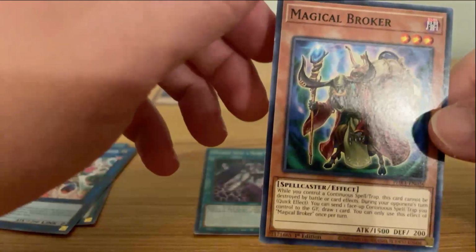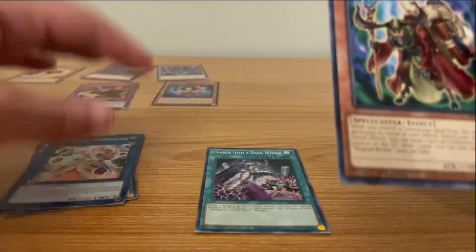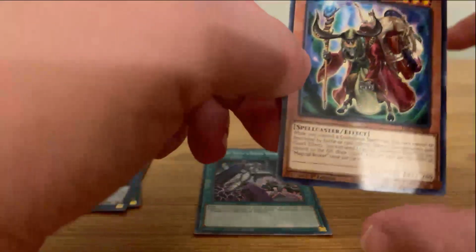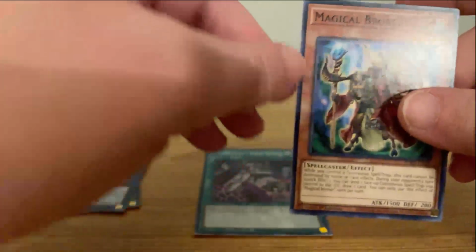This is far more useful than you might think. I'm going to put him in the useful pile, like the useful generics pile, because getting rid of continuous spells sometimes is a lot harder than you may think, especially if your opponent's not playing ball, right? Like